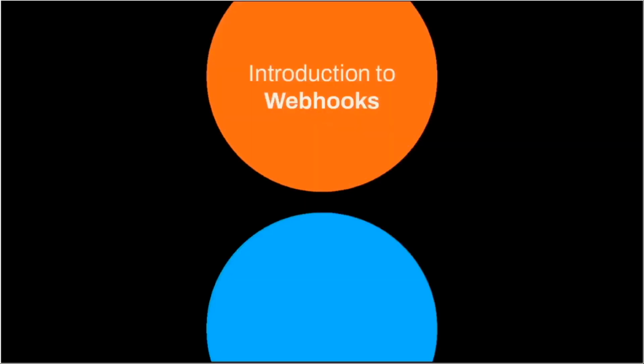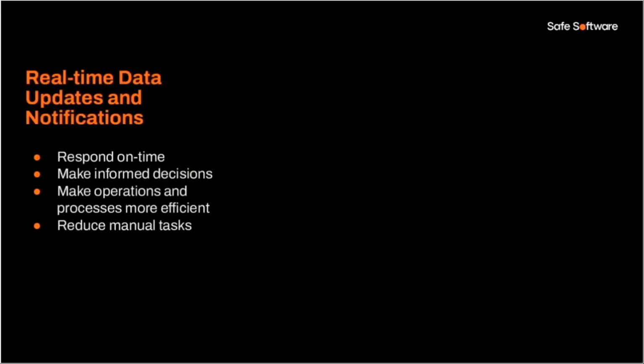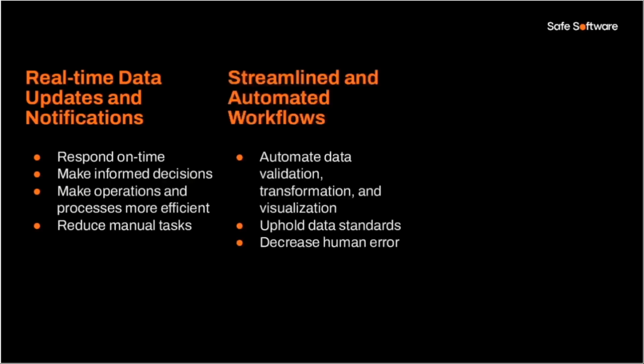So how can webhooks do this for us? We'll start with some general reasons. Real-time information flow enables us to make better decisions, reduce response time, and overall just be more efficient. We can enjoy better data quality by automating the validation, transformation, or analysis of new data. By doing this, we no longer spend time reviewing and responding to individual errors and requests, ultimately freeing up